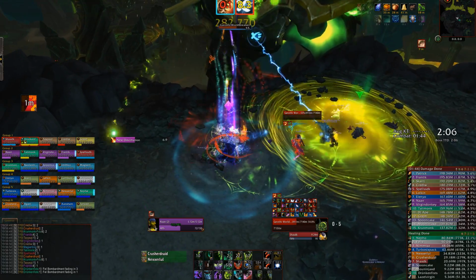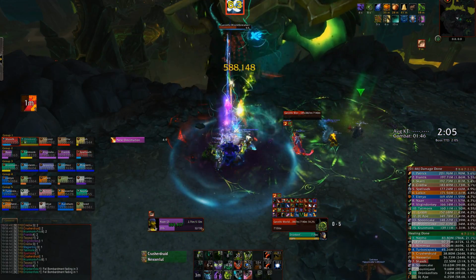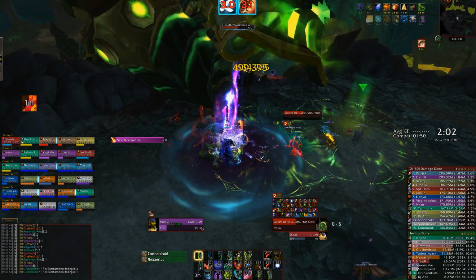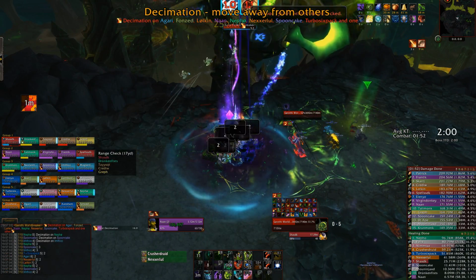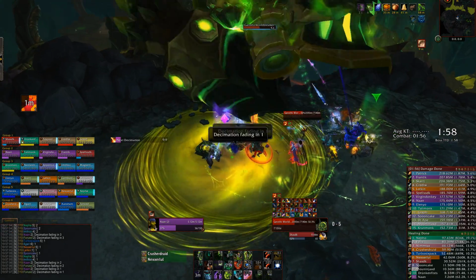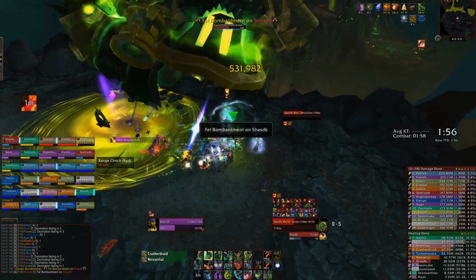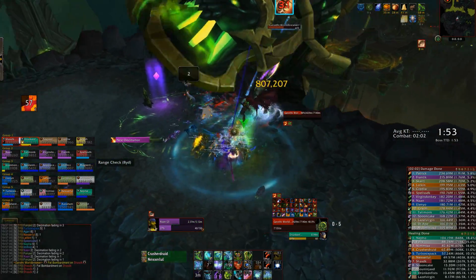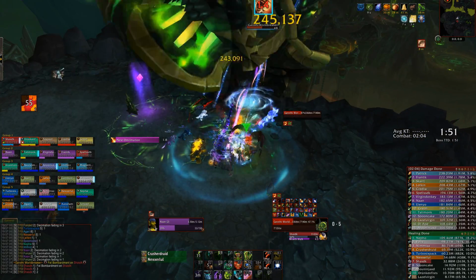Now before the pull, you want to set up 2 markers in melee that are spread apart a little further than the size of the Decimation targeting circles. You want the entire raid to regroup on one of these markers. As soon as the Decimation debuffs have dropped to the floor, you want everyone to move as a group to the other marker. This keeps everyone stacked, ensuring that nobody gets hit by the Decimation zones, whilst also helping out